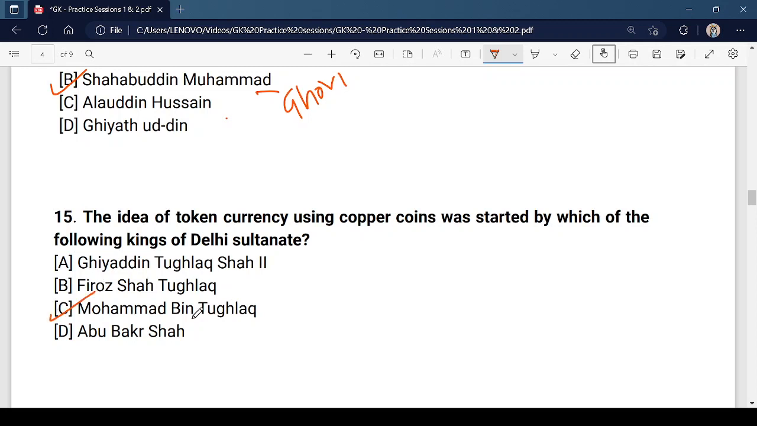This token currency was introduced for the first time by Muhammad bin Tughlaq of the Tughlaq dynasty. As a part of his other experiments, the introduction of this copper coin or token currency was one of the experiments done by